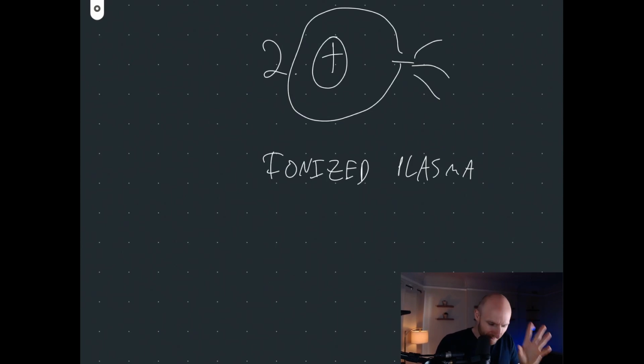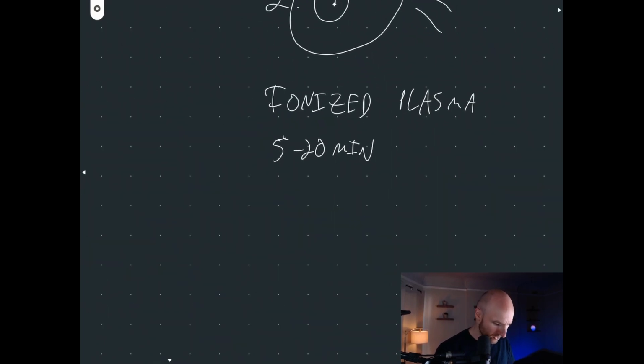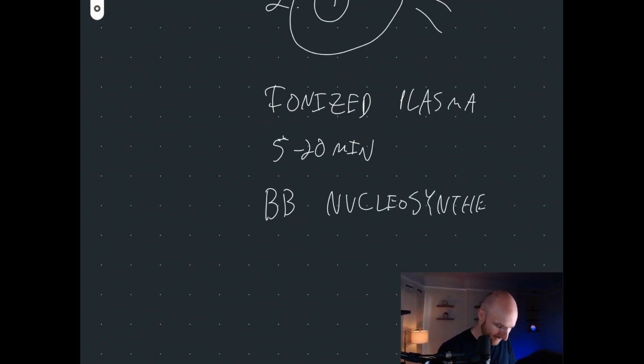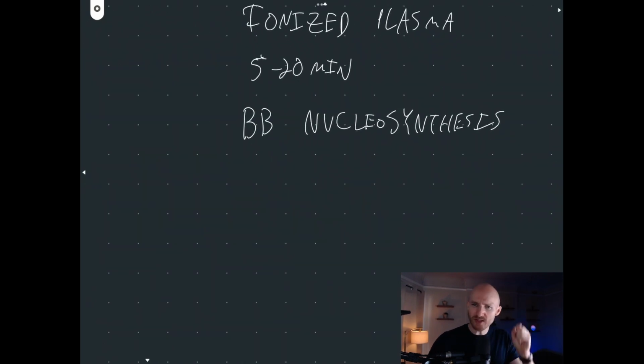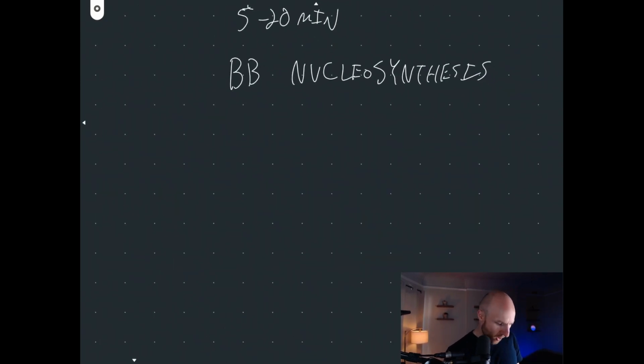There was a few minutes in, let's call it 5 to 20 minutes after the Big Bang, what was called Big Bang nucleosynthesis. This is when we got, much later, the rest of the periodic table, which we'll chat about next time. That happens in stars. But at the beginning, essentially there was only hydrogen. The quark-gluon plasma became a bunch of these protons and neutrons.